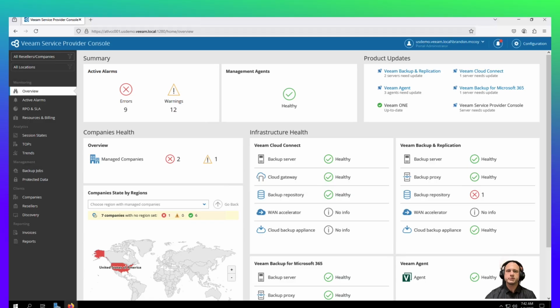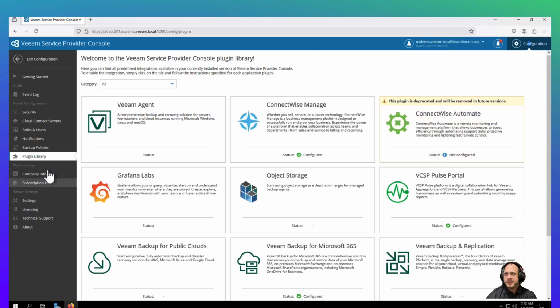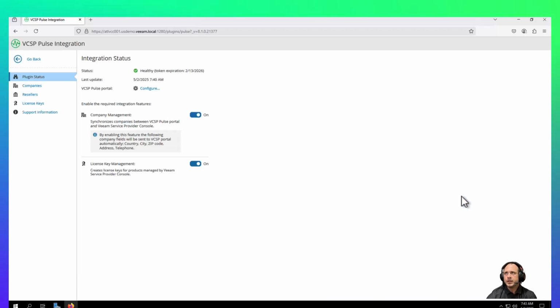So here we are in the Service Provider Console. The first thing I'm going to do is click on the Configuration tab on the top right. And I'm actually going to start in the plugin library right here. We're going to find the Pulse tile. Click on that. So in order to connect your Pulse to your Service Provider Console, we're going to click the